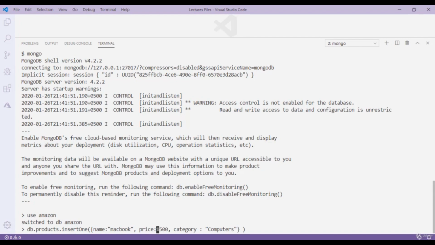Okay, so first of all, I have typed db, which is the current database. Then I have used dot products, which is the collection that MongoDB will create automatically for us. So db dot this collection, which is products, and the insertOne method helps us insert one document at a time in the collection. In this function we have to pass the object that we want to insert. We know that MongoDB uses key-value pairs. So name is the key and MacBook is the value, price is the key and 1500 is the value. So name is MacBook, price is 1500, and category is computers. Okay, so when I simply press enter here,